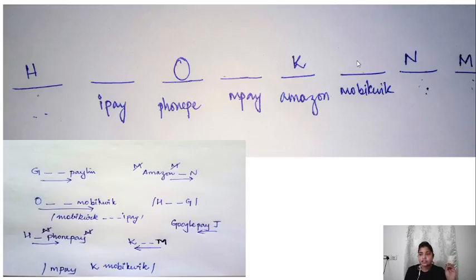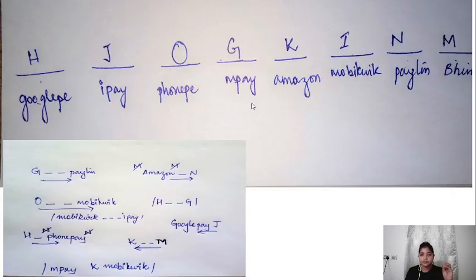What if I write G here? G will come here and Paytm will come here, because if I write G here, two places and then Paytm, so I will not have any place for Google Pay and J. So I will write G here, Paytm will come here, Google Pay, and then J, the leftover is I and BeamPay. So in this way we will solve the puzzle.